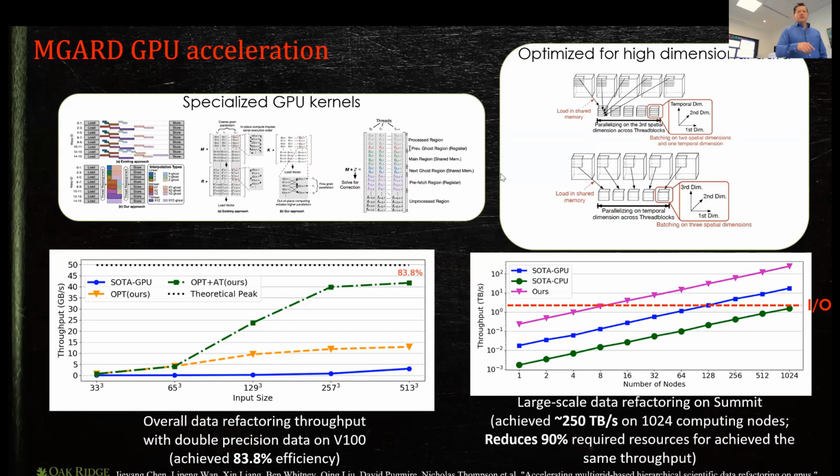And this is just showing some different graphs of the optimizations over this, and just showing that in some of the papers, in the graph on the right, we're getting like over 100 terabytes per second, which is certainly faster than the file system. So that's why I said for all of these compression reduction algorithms, GPUs are a godsend. I mean, that's what's really making this possible for the speed of it.